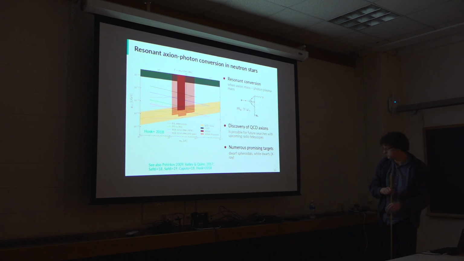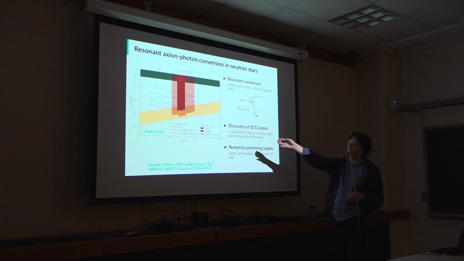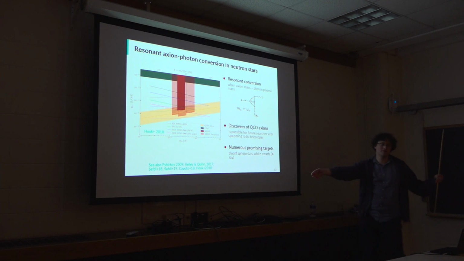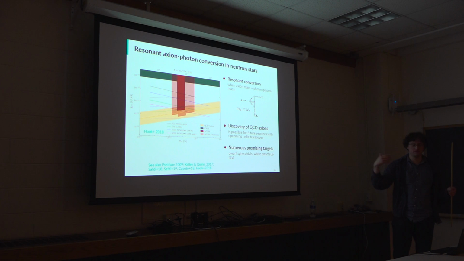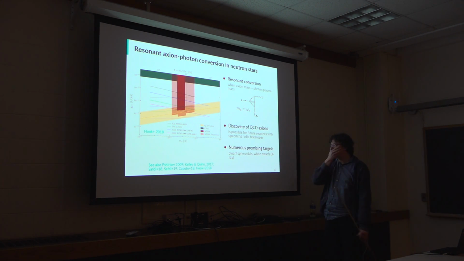Yep. So you say kilohertz frequencies, gigahertz frequencies, so that's a part in a million. Yep. But things are moving. So to what extent would that line be redshifted because the axions are moving? Yeah. So first, since we anyway don't know the axion mass, you can just look at all frequencies. So if the neutron star moves with respect to you. But I mean to be broadened. Like if we're using the fact that it's sharp to be distinguishing.